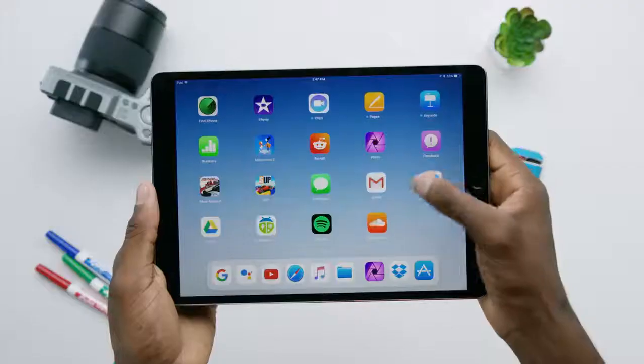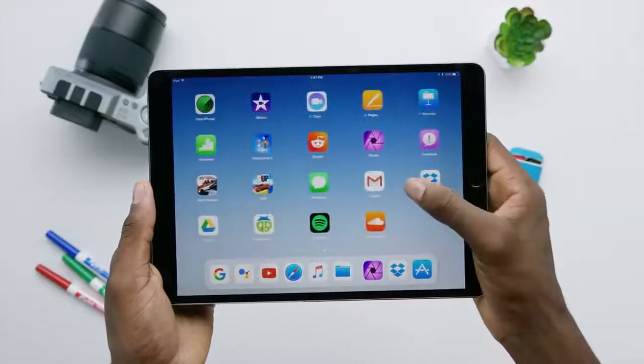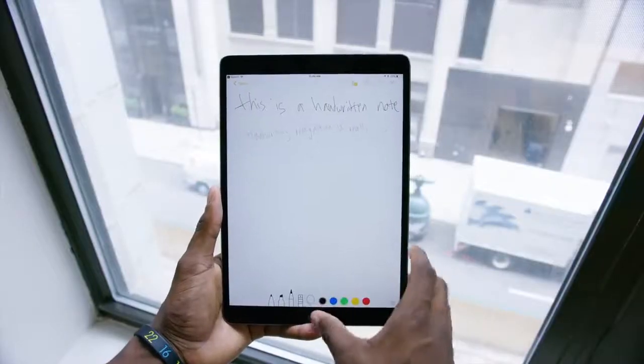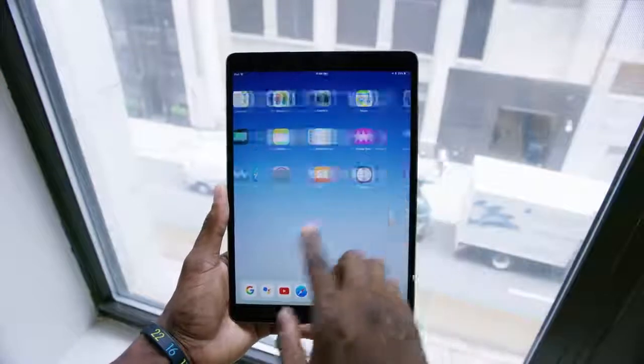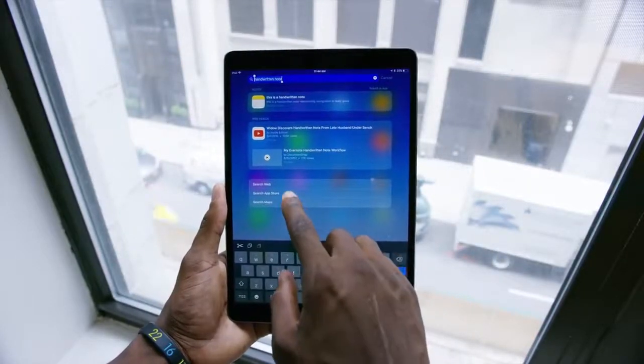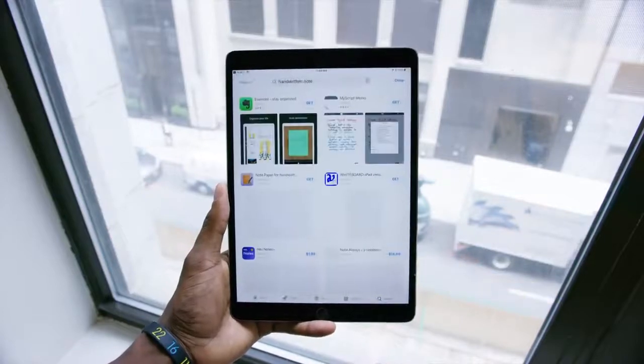And then ProMotion also means that it can dynamically switch the refresh rate to go back down lower when you're doing slower moving tasks, like maybe reading a book, scrolling through a web page, looking through photos. But you won't really notice because as soon as you start scrolling quickly again, or as soon as you hit that home button and start swiping, it's right back to 120 hertz. So this is awesome. I really enjoyed using it, and it did make a really big difference in my iPad usage experience. All the in-app experiences are faster, all the between-app experiences are faster,